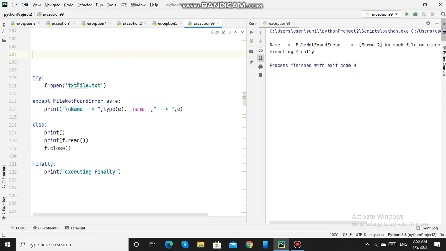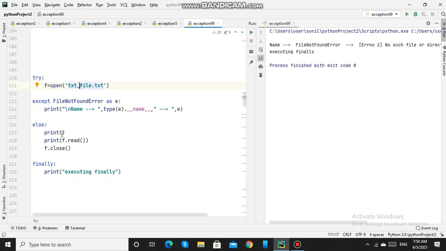Now if I give a file which is present in the system, say I am giving text_file, this file is present, then it will not raise the exception. It will print the details in the file and then also it will go to finally and display this message. Finally will be executed under all circumstances.